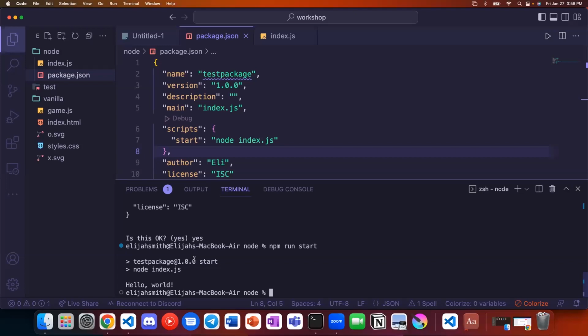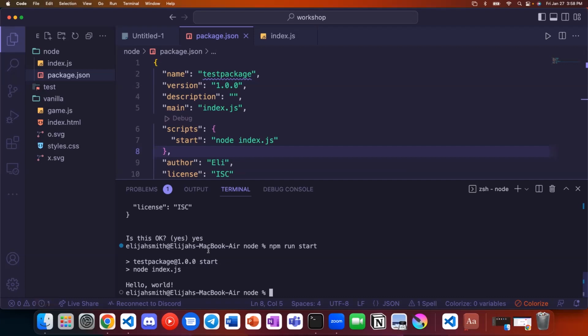We can do whatever we want here. If you want to do anything outside the browser, like create a desktop app, create a mobile app with React Native, or just run something that executes on your computer, you need a runtime like Node or something in order to make it happen.